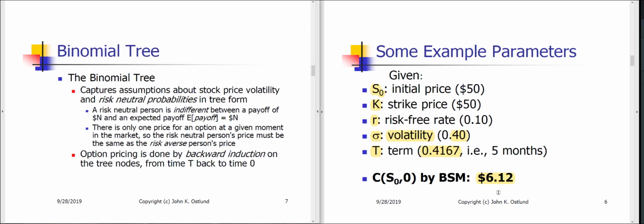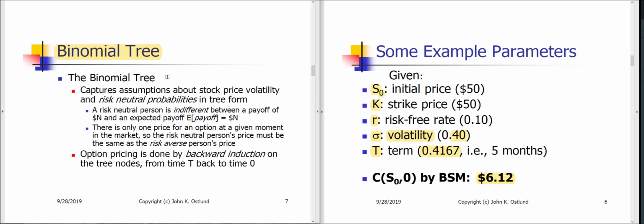Okay, so for a European call, if we believe that the assumptions in the Black-Scholes-Merton model are reasonable, and if we believe that we've been able to measure volatility and risk-free rate and so forth accurately enough, then this is a very quick and convenient way of getting a correct price. But the Black-Scholes-Merton model is not very robust to changes in the underlying assumptions or in changes in terms of the contract, like a flexible expiration time instead of a fixed expiration time. So let's take a look at another approach called the binomial tree, which is slower but a little more flexible